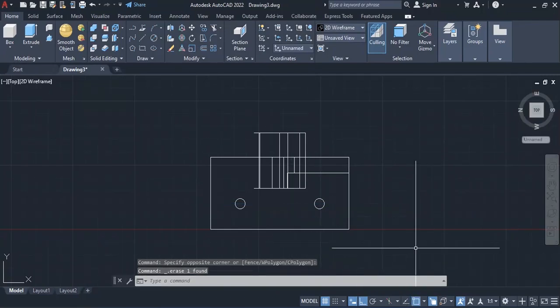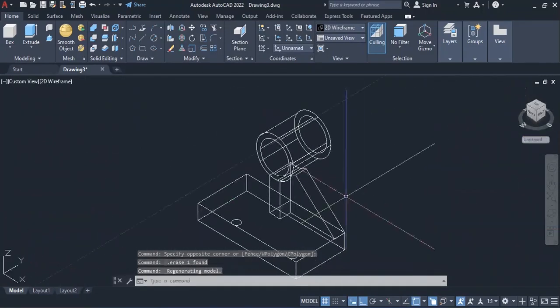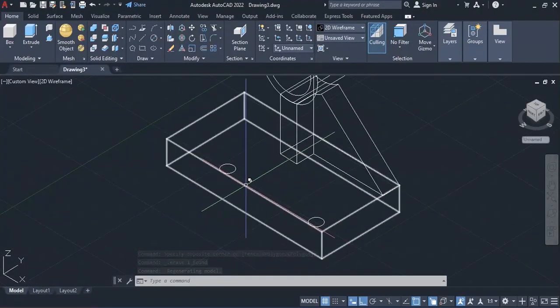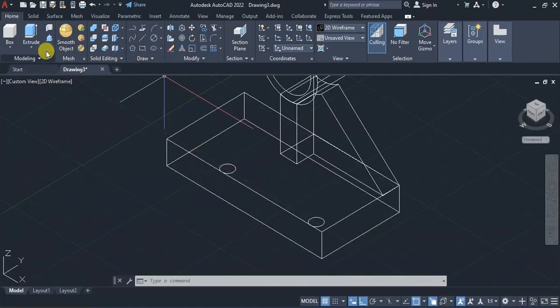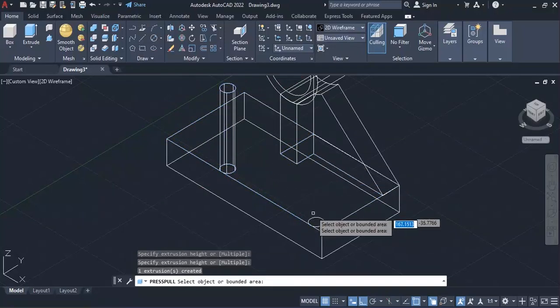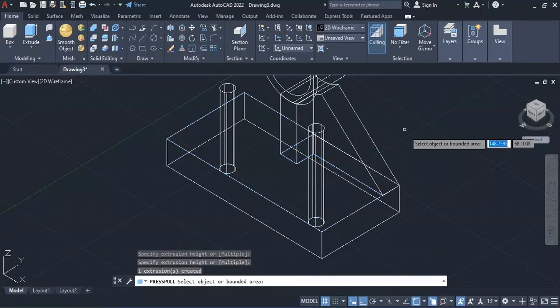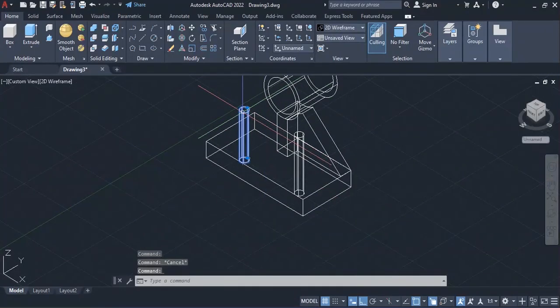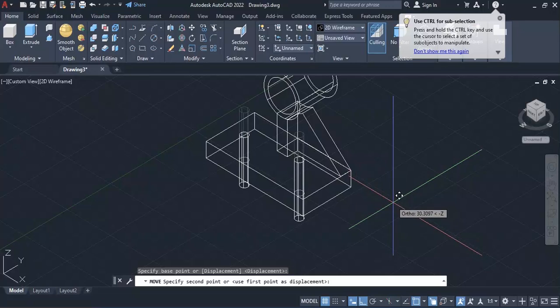So after having that, I can press pull them. So I'll come to home and press pull them upwards since they have been drawn on the lower surface. So I'll come to press pull, select it, then upward. So this one, select it, then upwards. Then I can move all of them down at some distance since I need to subtract them from the main polygon, from the main drawing. So I'll move them just slightly downwards